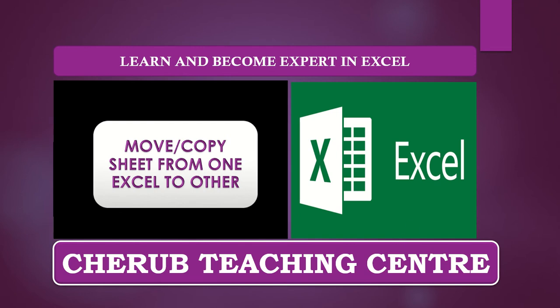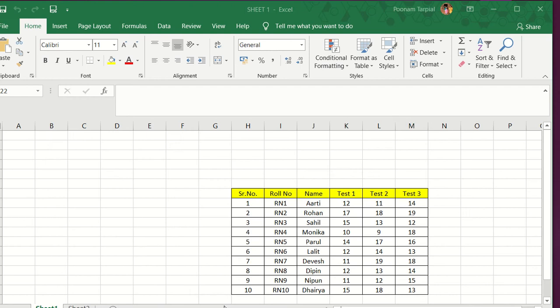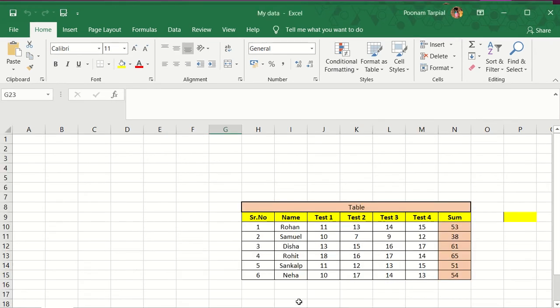For that I have created two spreadsheets. One has the name Sheet 1 and the second one I have created with the name My Data. What I need is for this second sheet, which is My Data, to be copied into the first one that I've just shown you. How exactly we need to do that is what I'm going to train you today. So please watch the steps very carefully, because this is going to be an easy way out and a solution for the majority of your problems, because you can do it with one click.